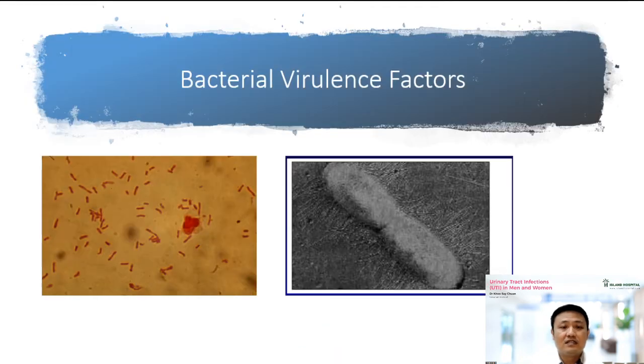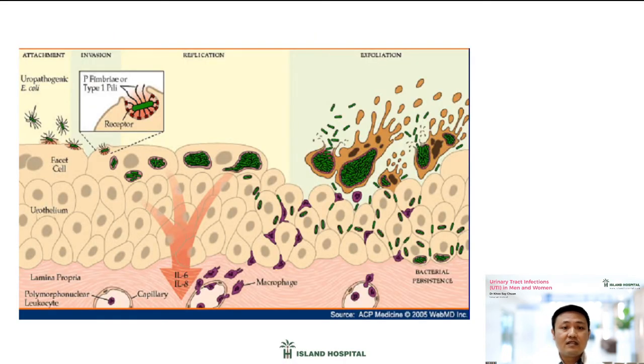Because if you look at this diagram, this bacteria has these structures that make it easier to attach to your bladder cells. When it attaches there, it destroys the bladder, stays in the bladder, replicates in the bladder, and causes infections in the bladder,